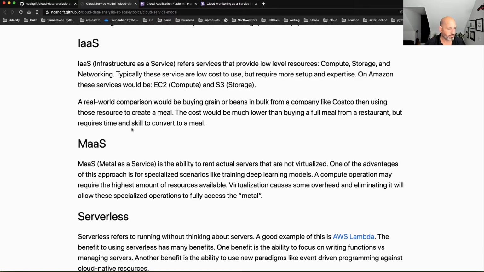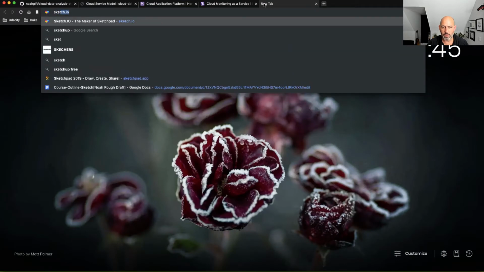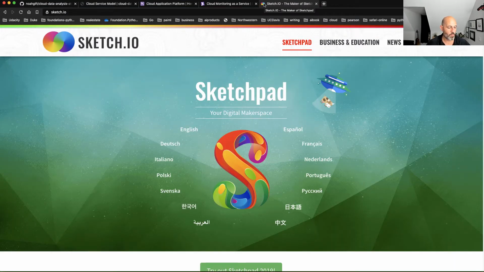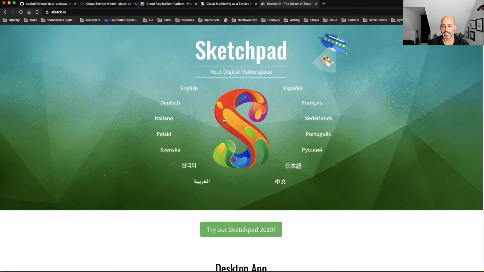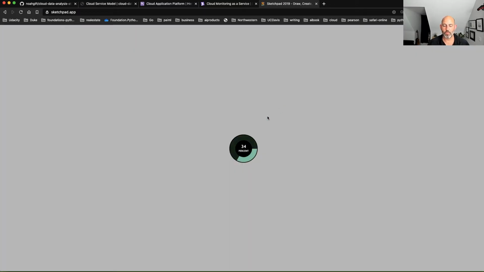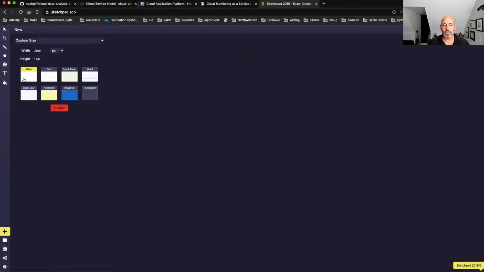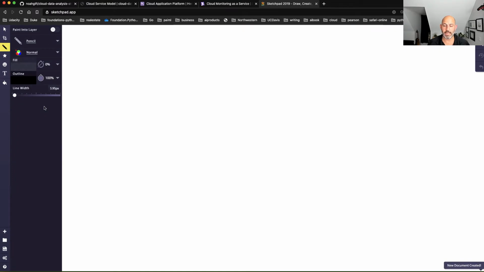And so maybe I can just draw that out real quick. I think that most people that have been doing the cloud for a while realize that there's almost like a subsidy happening with the cloud, in that your skill level really dictates how much it costs.